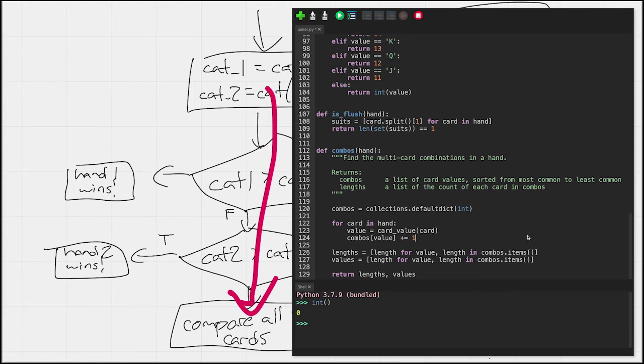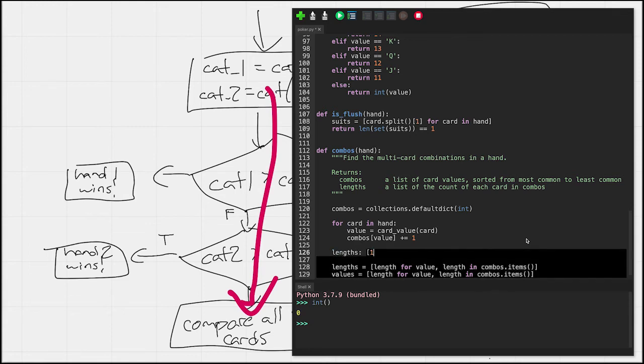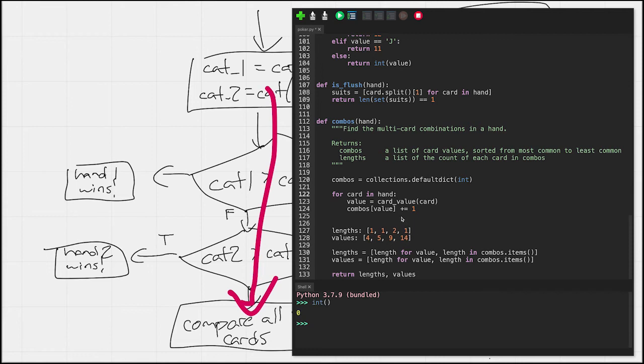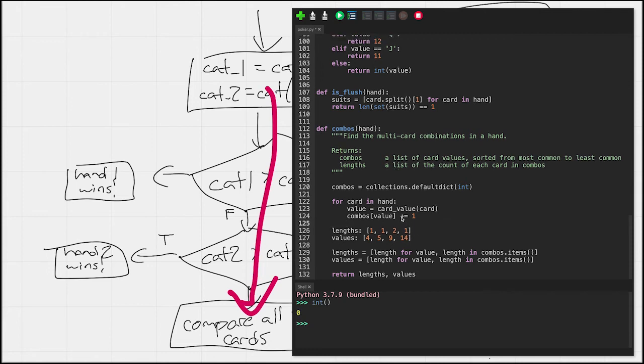Like if we have a pair, for example, if I have a pair of 9s, then I don't want lengths to end up being 1, 1, 2, 1, with values being like 4, 5, 9, 14, or something like that, right? Because in other places we're checking, well, is lengths 0 equal to 2, because that would be a pair. No, so instead we need to make sure that we sort these things, but we need to sort by the length and not by the value, which is kind of interesting. So one way that we can do